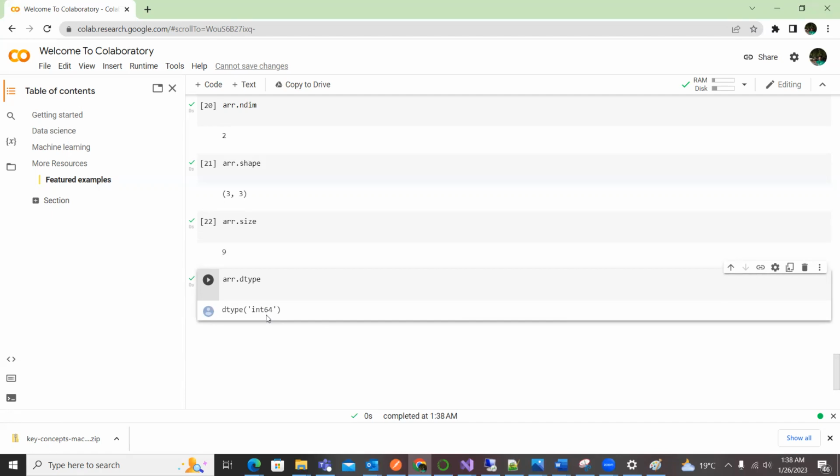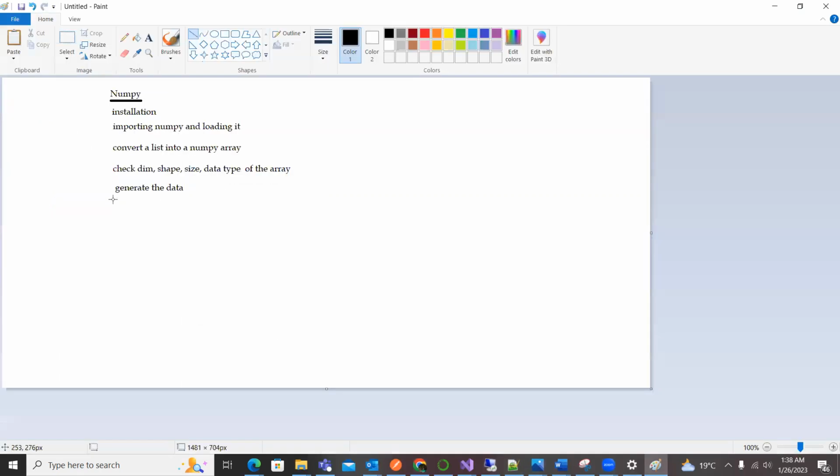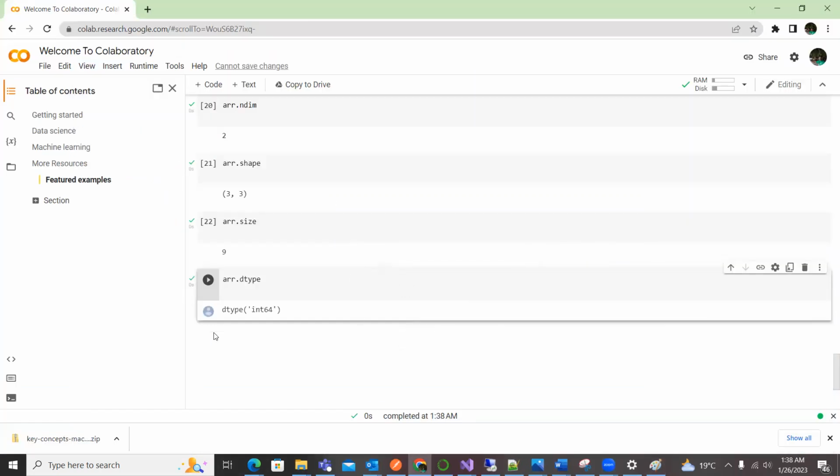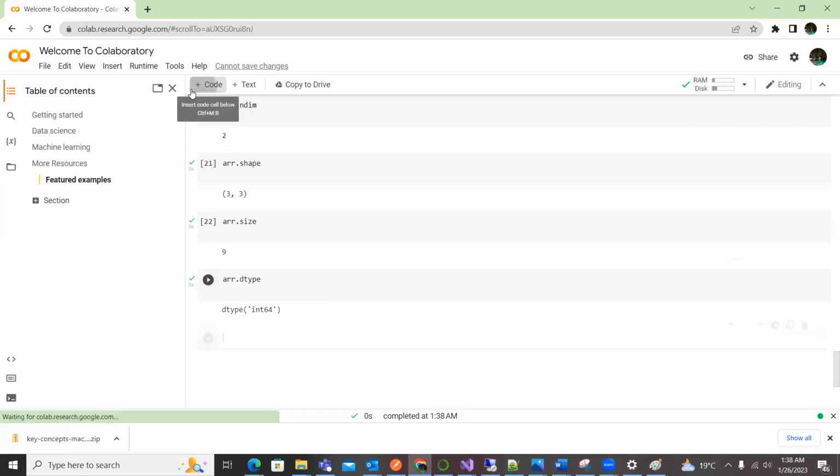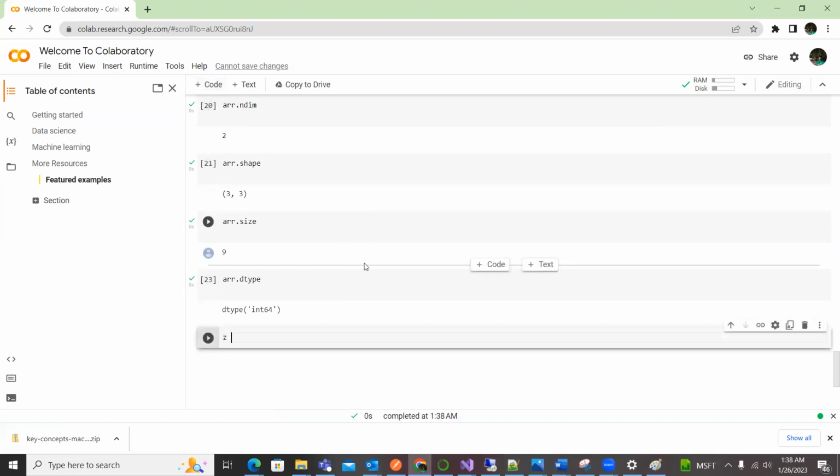Okay. So now the next point is a very important point, that is how to generate data. Suppose you want to fill this array. You want to fill some array. Suppose I want to create an array or a matrix which has zeros. So say, for example, Z is the matrix which will represent zeros. So np dot zeros